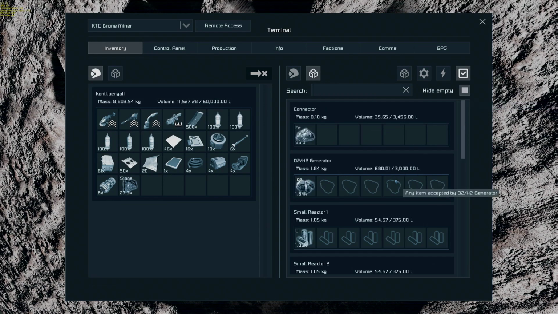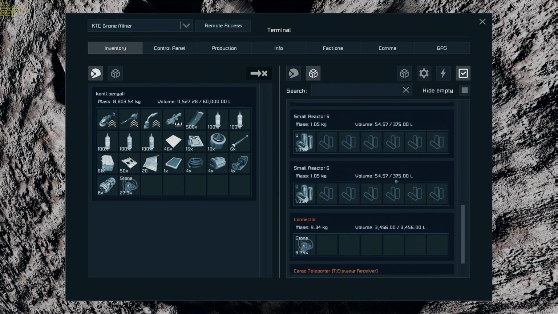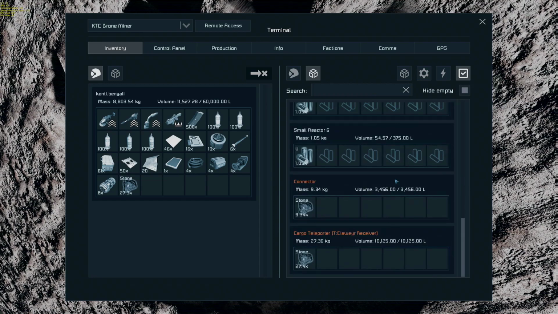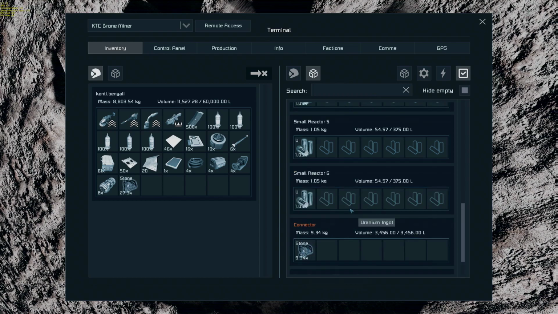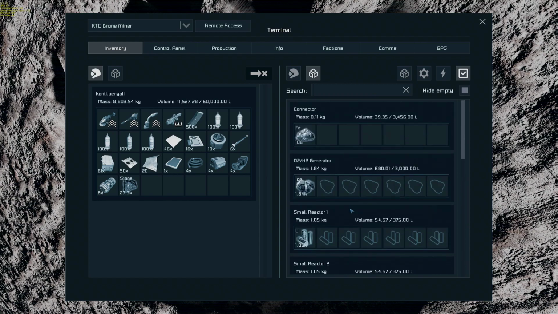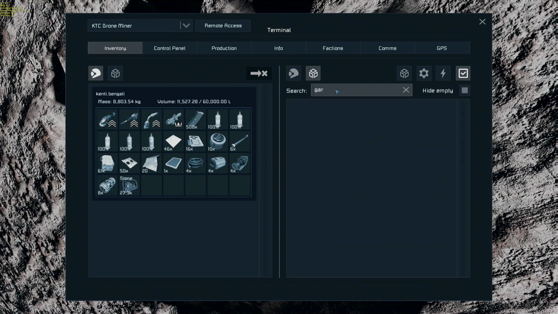If we look at, let's go ahead and just look at the cargo teleporter, even though it's full of stone, is still actually semi-functional. But let's look at cargo. Oh, because cargo transmit is empty